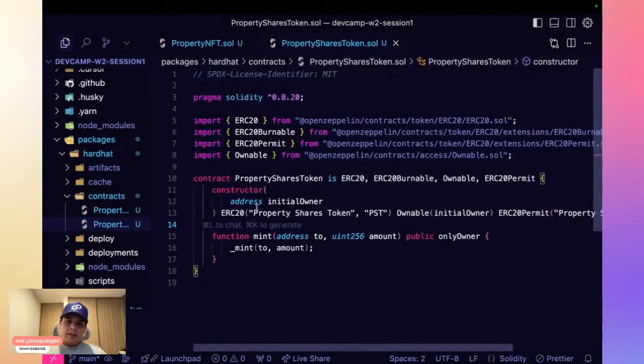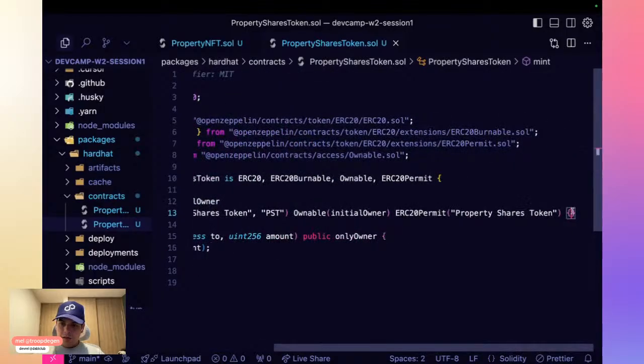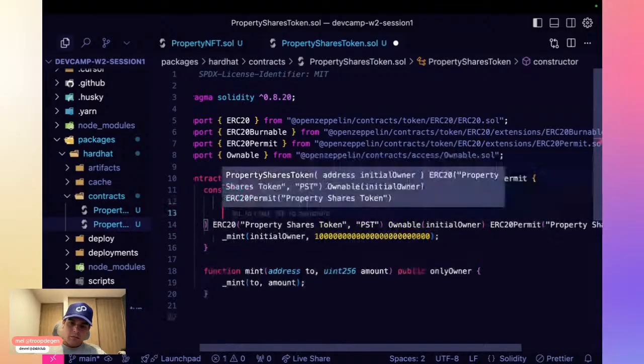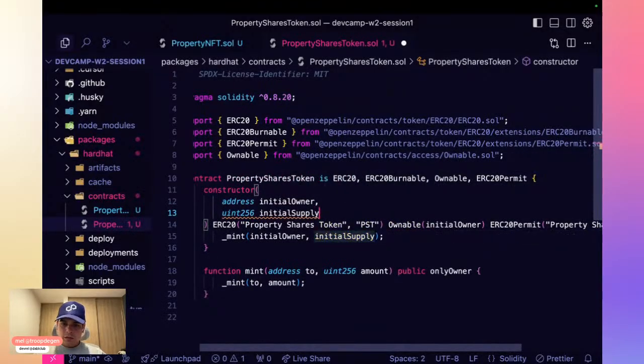Okay. And the mint function. A couple of things that I want to do to begin with: we're going to mint to the initial owner, the initial supply.